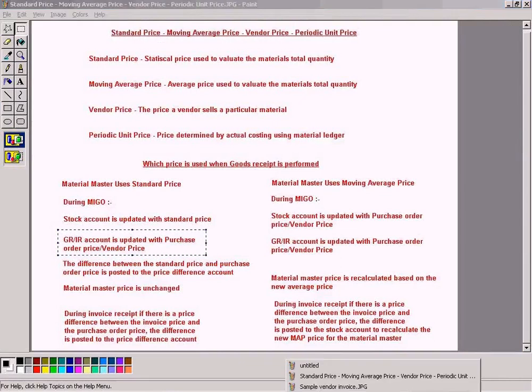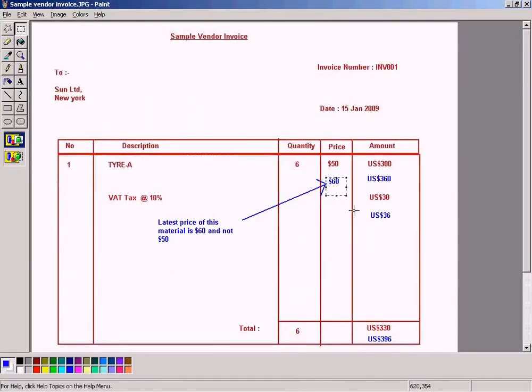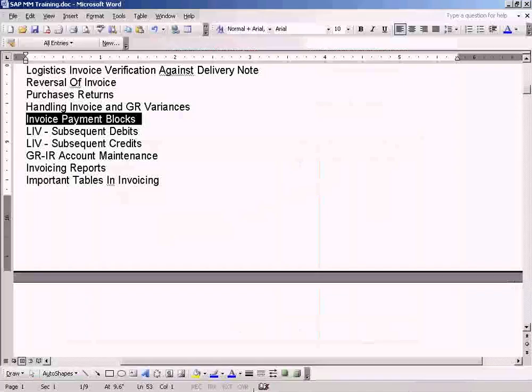Okay, let me go to the quantity difference. What will happen to the quantity difference? Let me just create another part for that, because this part has become very